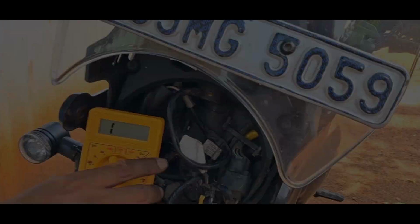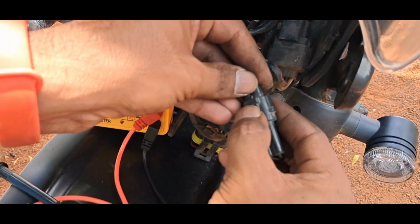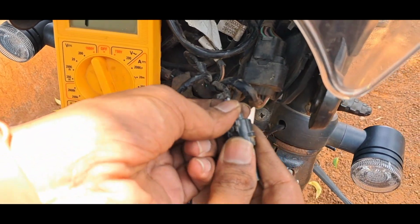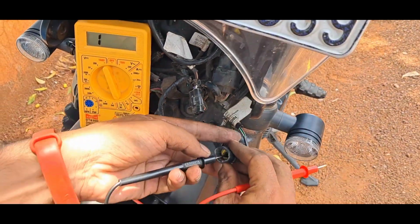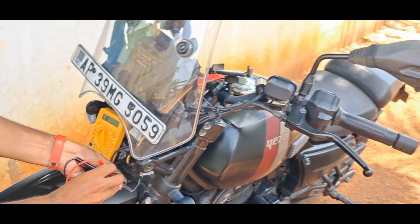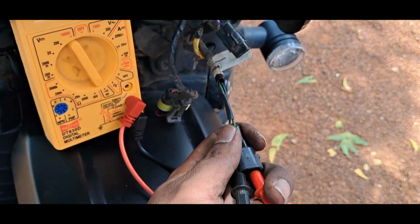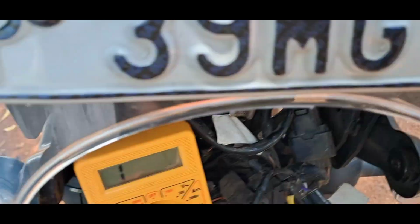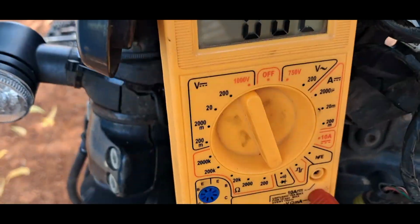So testing the indicators here, I have loosened it and tightened. You can see the indicator is working. So orange is to the left, blue is to the right. So now I'll check the right side one. So I connect it. So right side one is also working. Now checking the connector of the brakes clutch switch. So in order to check the clutch